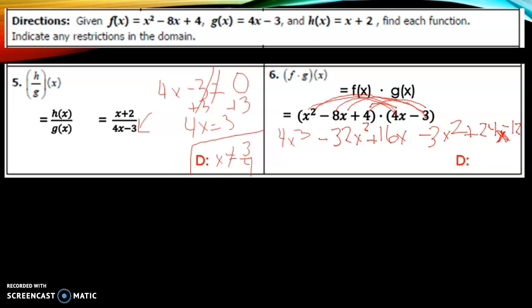Sorry about that. Okay, so we simplify all together. Combine like terms. There's only one 4x to the third. Now, x squared, here's an x squared. Negative 32 and negative 3 make negative 35x squared. Great. 16 and 24 make 40x. And then minus